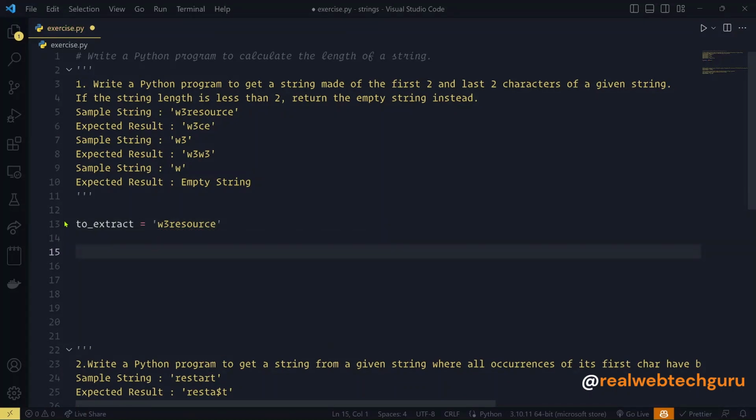Okay, then we want to print the first two and the last two. We have been told here that if the length is less than 2, return an empty string. So we can say, if, let me stop. So we want to look at the if length,